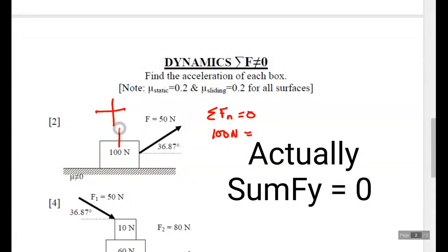The normal force would act this way, because the floor's force on the box we'll call normal. And that's the up force. But there's another up force. Do you recognize this applied force? The force that's put on this box has two components, Fx and Fy. And the Fy is another up force, so it's 50 newtons sine